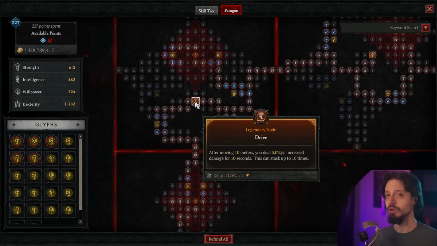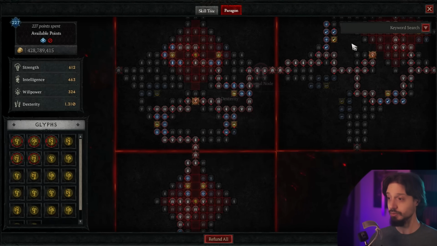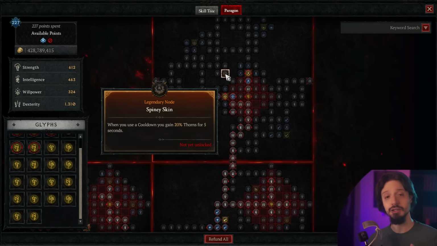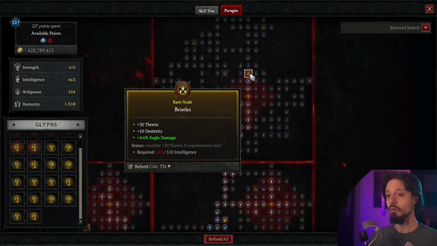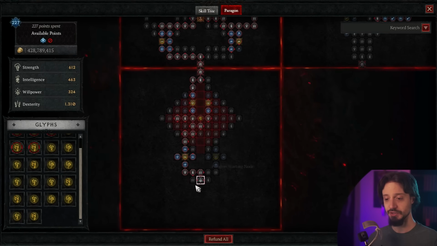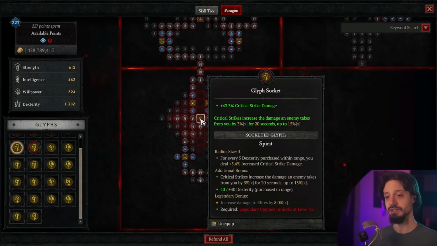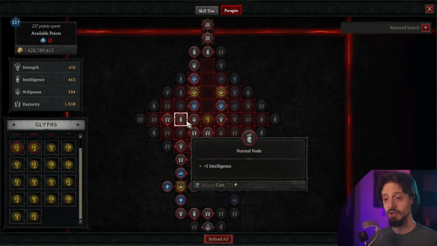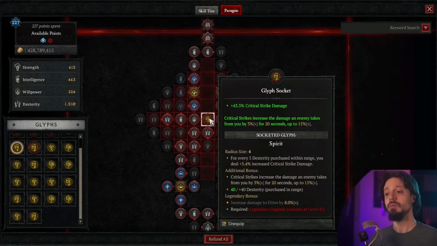You're going to look through which ones are useful to you and only take a legendary node if it's useful to you. Otherwise, it's okay to use a Paragon board and not use a legendary node and only go with the glyph socket. So again, going back to our priorities here, your priority 1 is to reach that glyph socket and then ultimately be able to grab around the glyph socket enough of these smaller nodes to meet the requirement